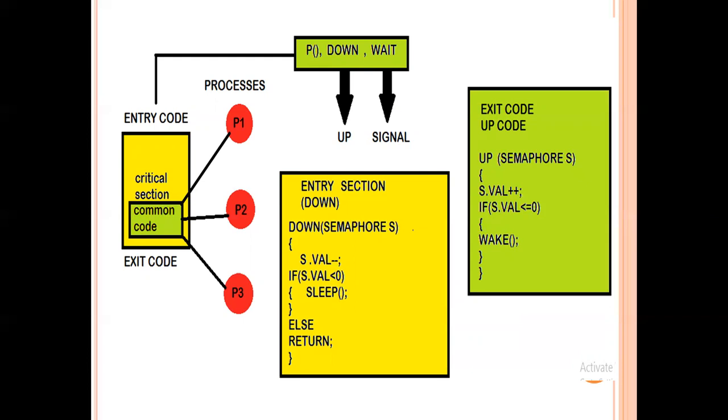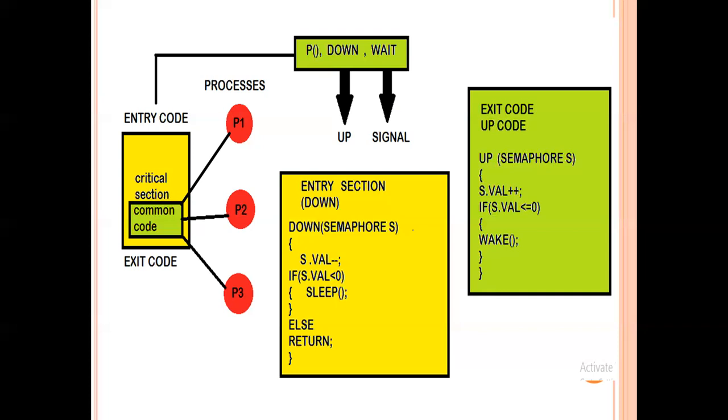For example, in this scenario, there are three processes, and the initial semaphore value is 3. Process 1 comes, it runs the code, semaphore value becomes 2. Similarly, process 2 comes, semaphore value becomes 1. Process 3 comes, semaphore value is still non-negative, so it can also enter. But now after process 3 enters, semaphore value is 0. Now no more process can enter.